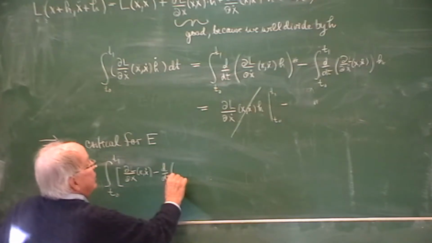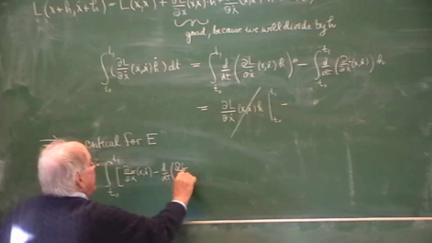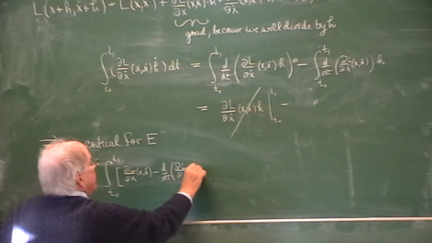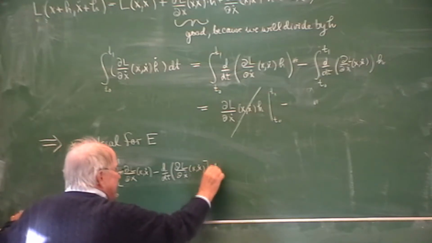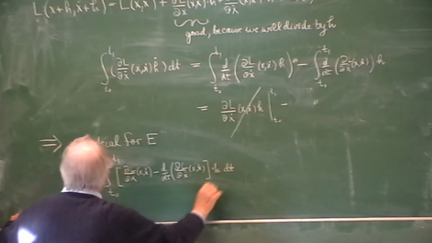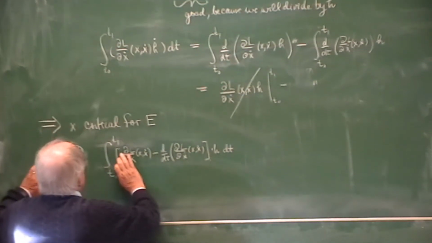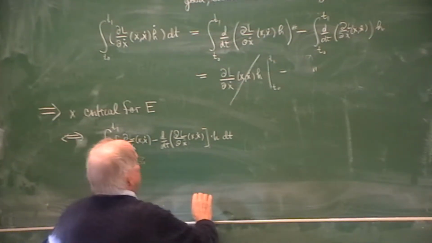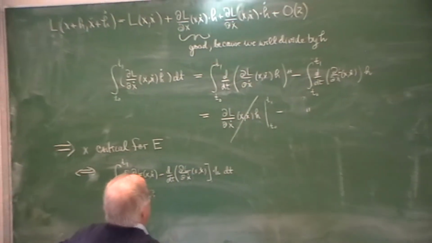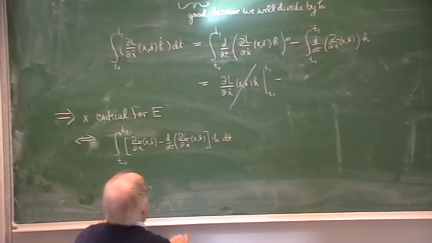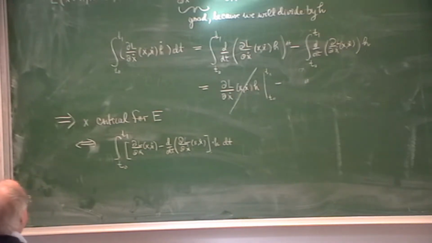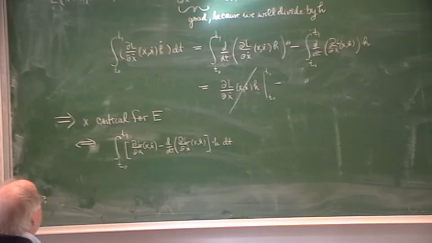So let's write it. dl point of x and x point times h dt. So it's critical for E